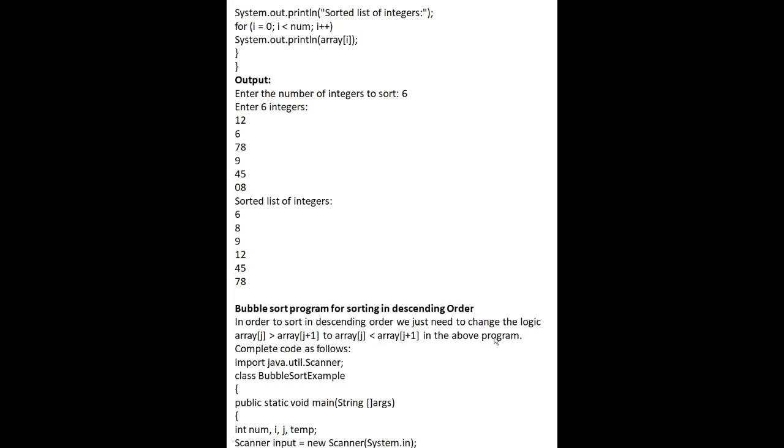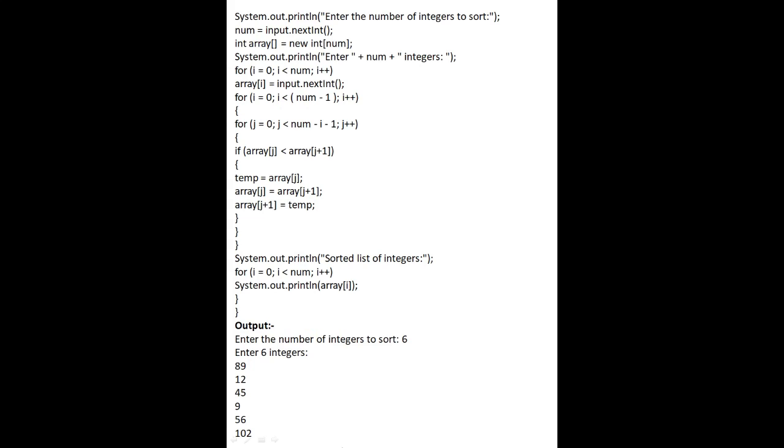In the above program, the complete code is as follows: import java, like this, and then only the change will be there. Here we change to array[j] is less than array[j plus 1]. Only this statement changes ascending into descending order. Now temp is equal to array[j], array[j] is equal to array[j plus 1], array[j plus 1] is equal to temp.